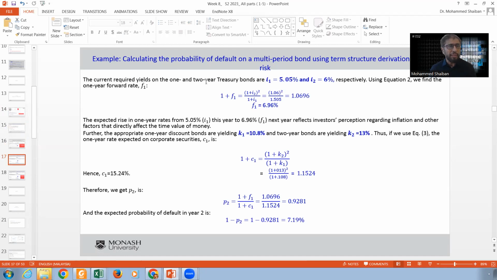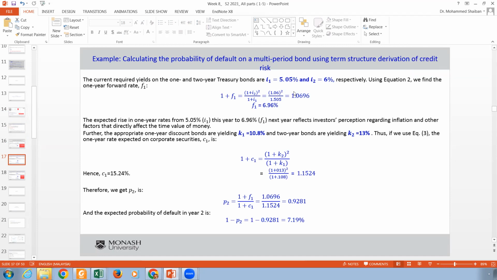If the treasury bond now for I1 for year 1 is 5.5% if I invest for 1 year spot rates, and if you invest for 2 years, spot rate is 6%. Now in this case, you can actually know what is the second year, which means according to this formula,